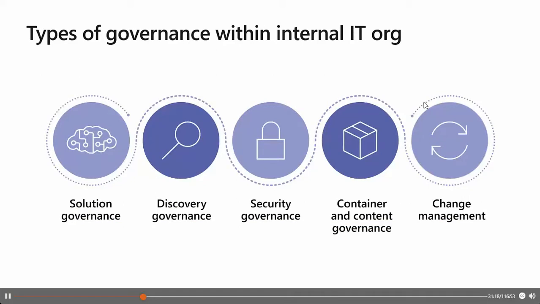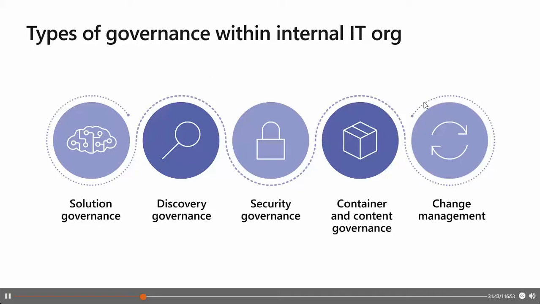The first one is the solution governance over the whole solution you will build, all the interacting services, all the different steps you go through, and which features you activate. On the other hand, the discovery governance, where you identify the typical issues, typical problems, and monitor, in this case, for example, Microsoft Teams behaviors.